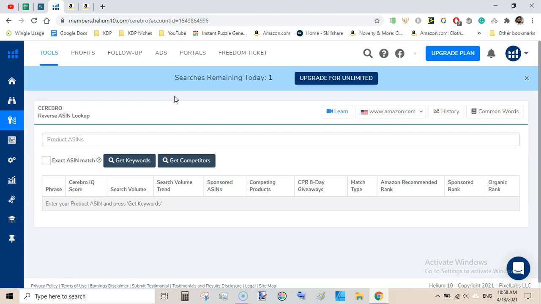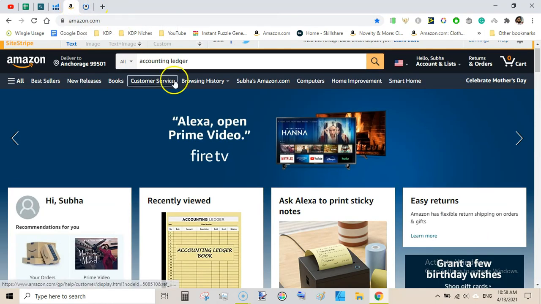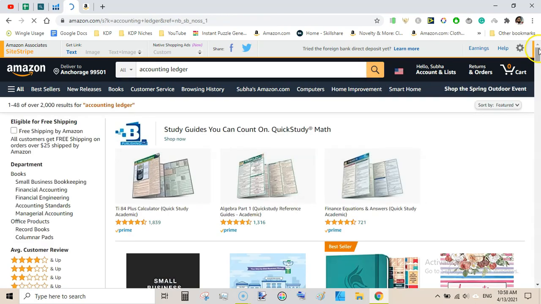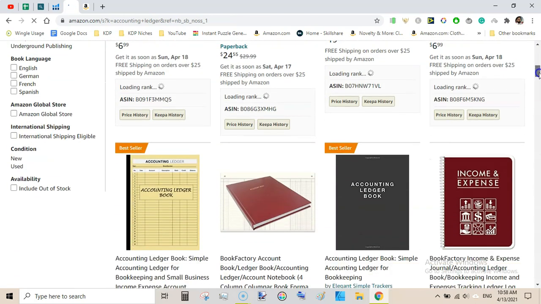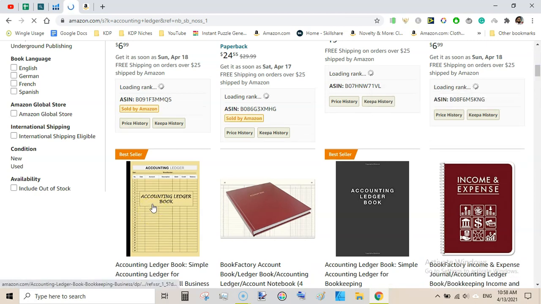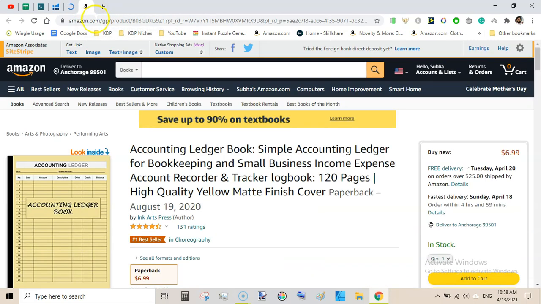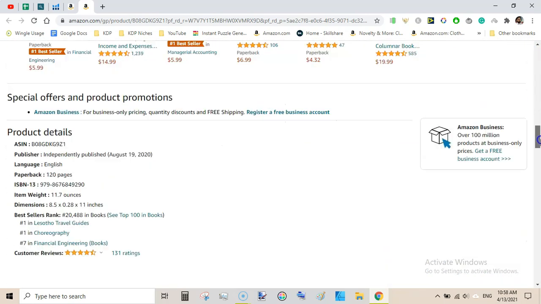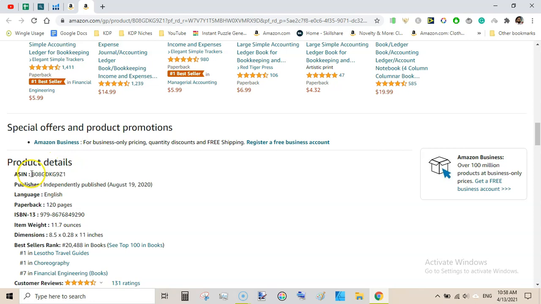So I am using the basic version. You can also use the basic version, that is free. You can do 2 searches. What I did is I searched accounting journal in the Amazon search bar and selected the very top ranking book, that is accounting. I selected this, it is the bestseller. I opened the sales page of this book, and I just scrolled down and copied the